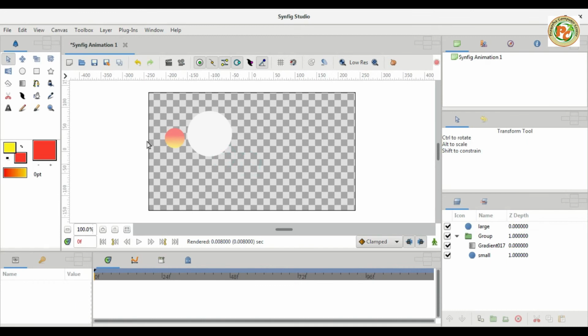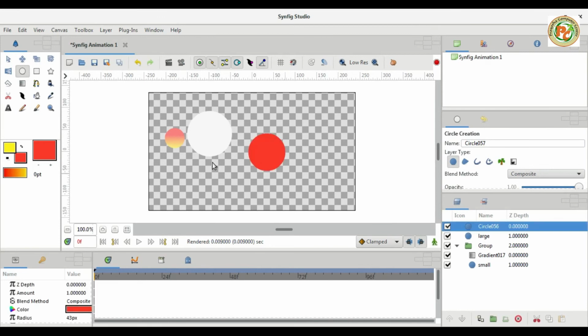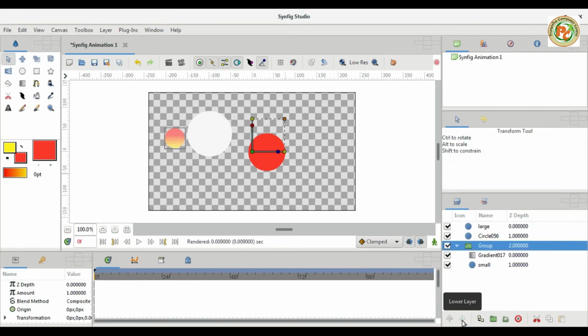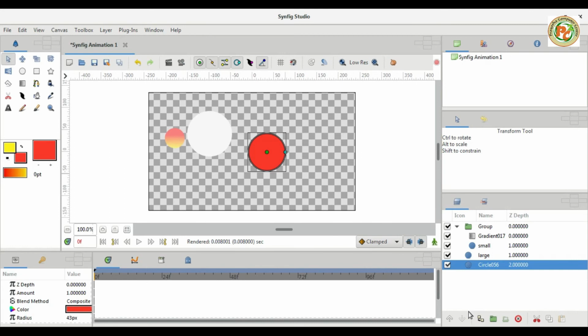Now if you draw a third circle like this, select it and draw this circle here. Okay, it is not affected because it is outside, but if you scroll it down, it will be affected. See, if you do it inside the group, it will be affected. Like see, now this circle should affect that particular path.